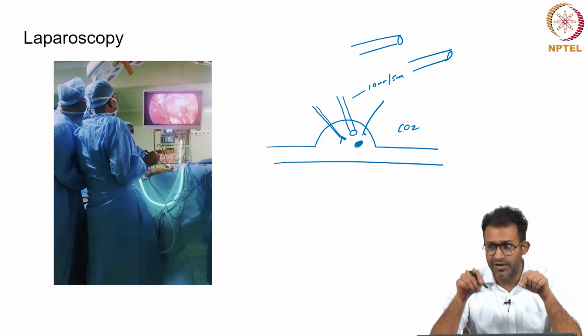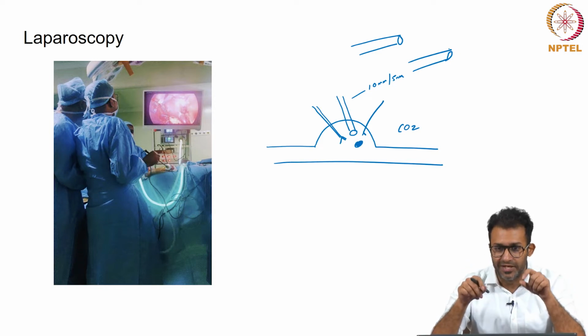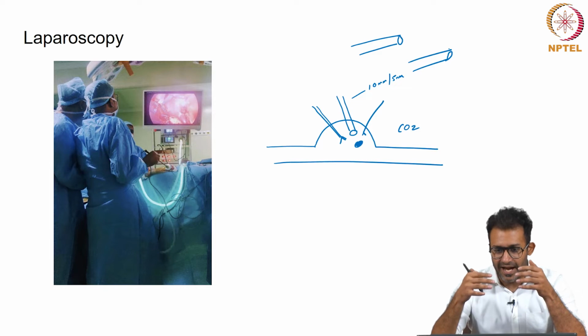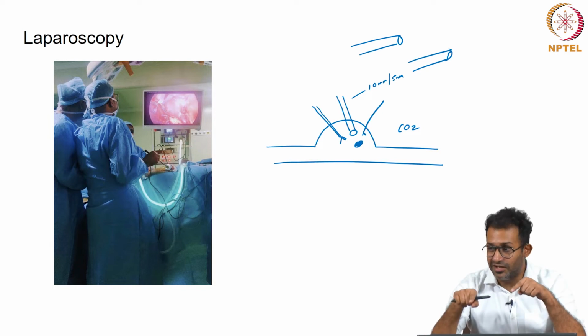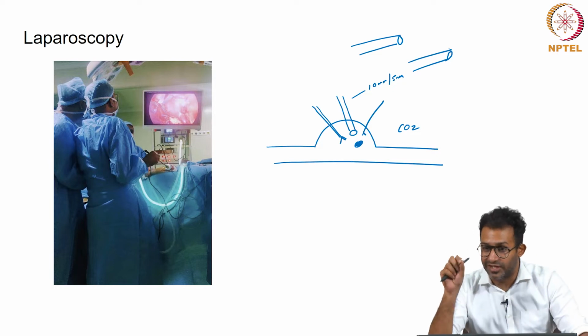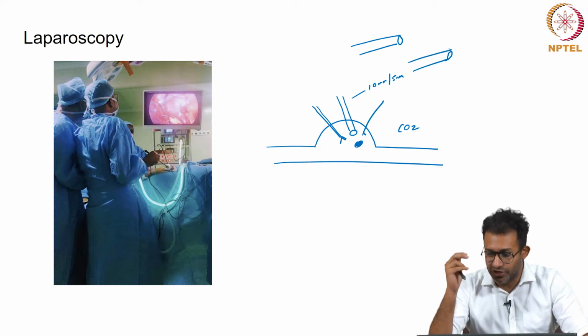There are energy devices which you can push through your laparoscope. There can be electrocautery, and it's a whole different field of physics, surgical electrocautery and surgical energy devices. And these days we are using laparoscopic ultrasound as well, putting an ultrasound device through your laparoscope and trying to visualize certain cancers which cannot be visualized through CT or MRI or traditional ultrasound.